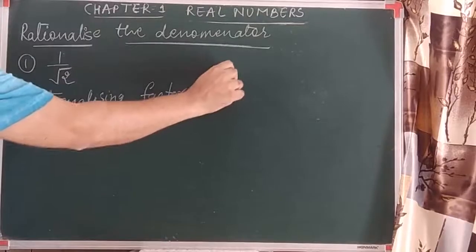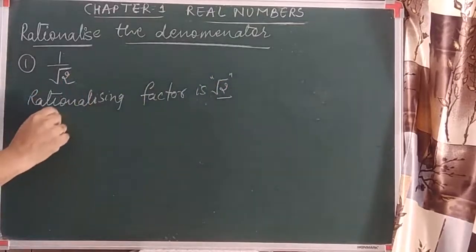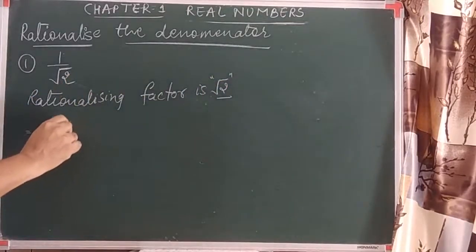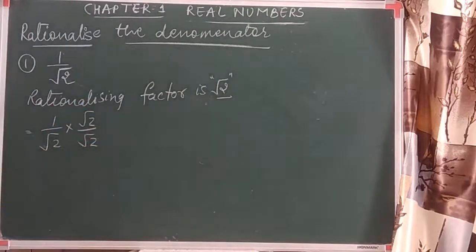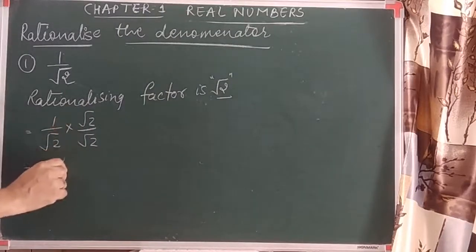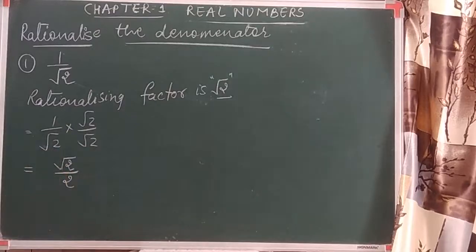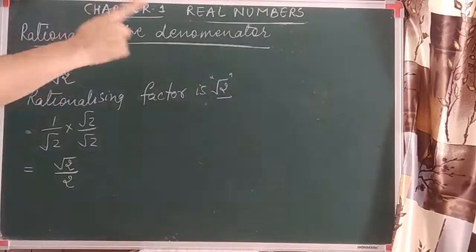What it says is that this number we should multiply and divide by the same number. When we multiply and divide with the same number, we are multiplying with 1. Now look at this rule. The numerator multiplies with the numerator, root 2 into 1 is root 2, and root 2 into root 2 is 2. Now no need to do further simplification, otherwise you will reach the same question. What the question is, rationalize the denominator.